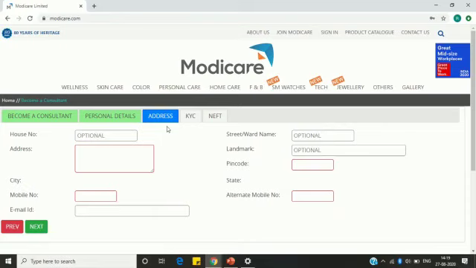So this is the third page, which is asking you to fill up all the details of your residential address. So as far as possible, try to provide all the details so that delivery of the goods can be much easier. So first is house number. So type your house number. Go to the street. So here I mention my street.